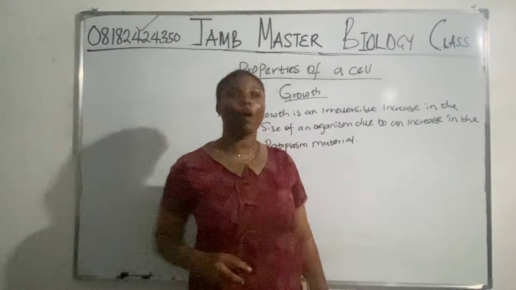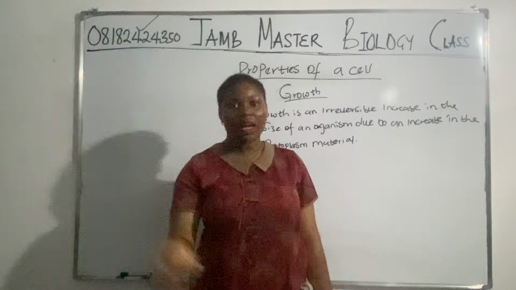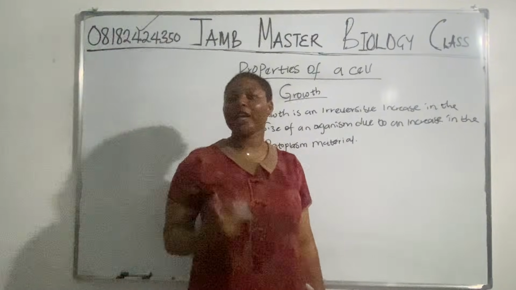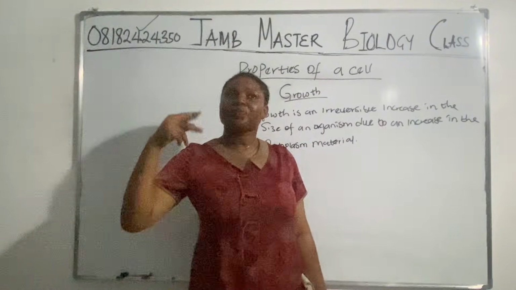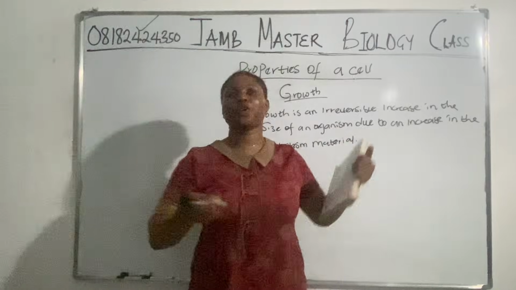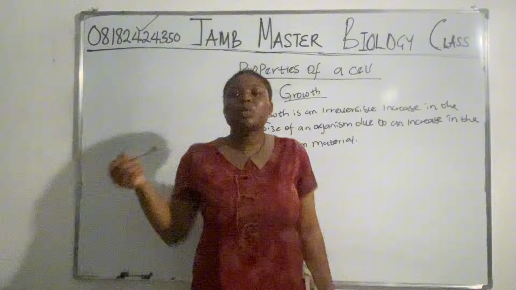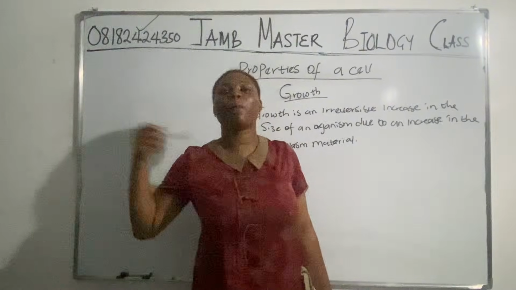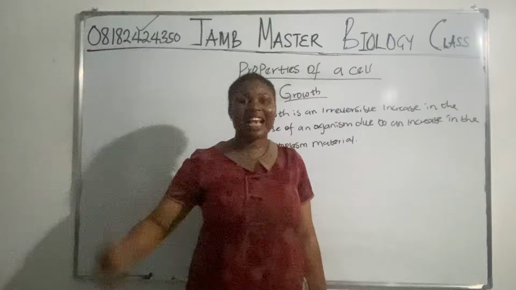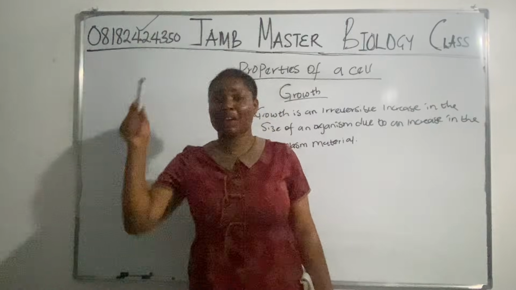For instance, as a girl, when you were an infant, 2 months old, you don't have breasts. Now you have developed breasts. As a boy, when you were an infant, you didn't have broad shoulders, you didn't have pubic hairs, but now you have them. It is because there is growth and development in the body. Cells are actively dividing. Cells are actively enlarging. We have cell division, cell enlargement, and cell differentiation.